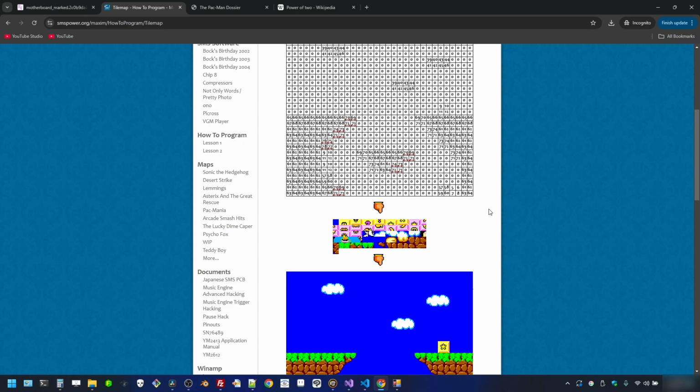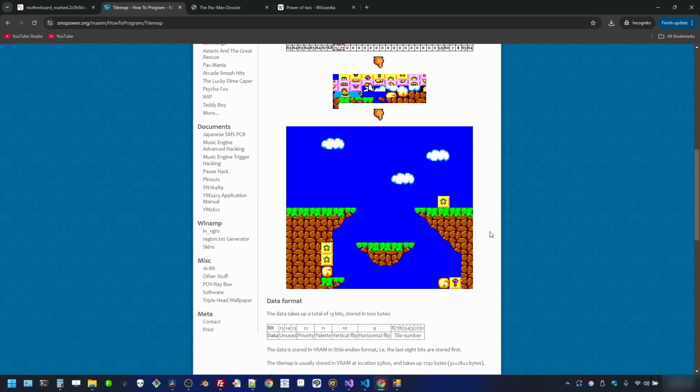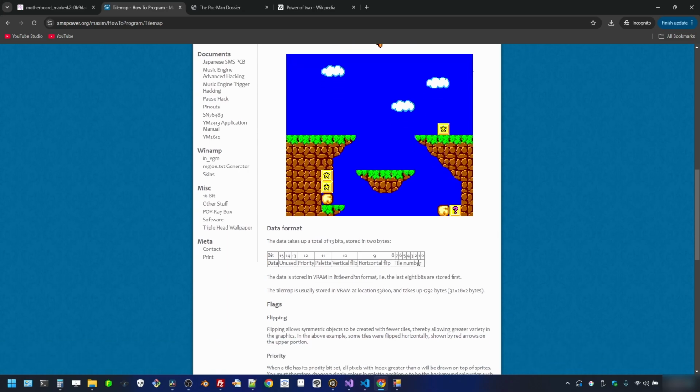So the way to do that would be you need to have at least 9 bits to get up to that number. And that's what this is, so it's 2 bytes for each one of these values. And the first 9 bits of that is the tile number. So if you count up bits up to 9, it will get you up to a maximum value of 511, 0 to 511 or 512